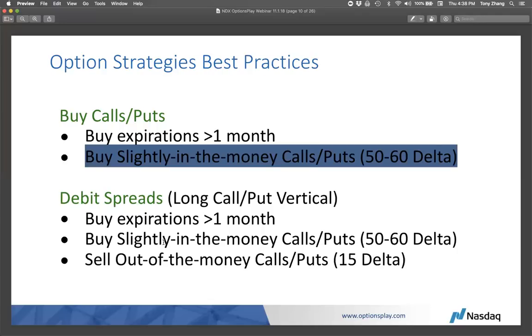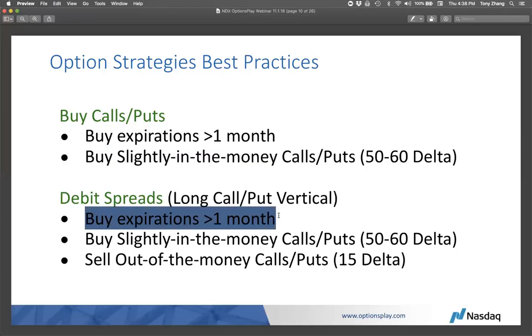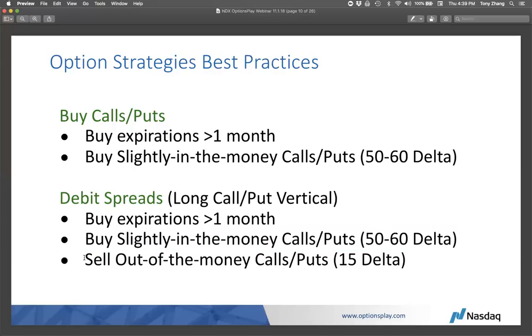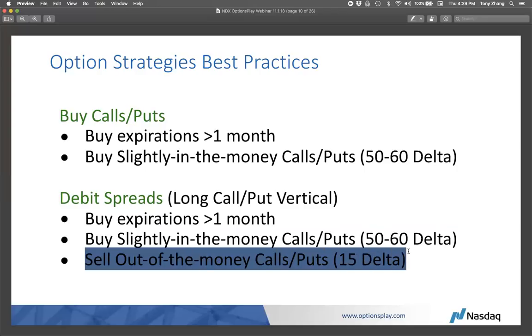So just like buying the call or put, on a debit spread you want to buy expirations that are about 1 month or longer from expiration, and you want to do the same thing, buy a slightly in the money call, a 50 to 60 delta call, so that's identical to buying a call or a put. But now what we're going to do is sell an out-of-the-money call or put against that. So selling, let's say, roughly a 15 delta call or put against that,